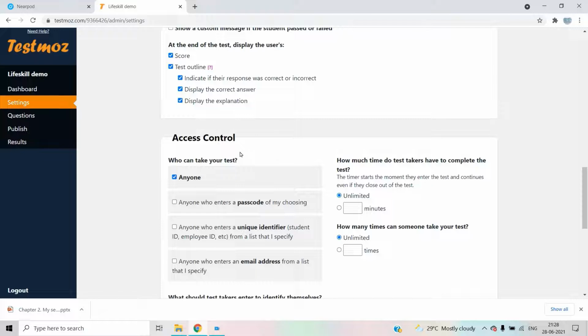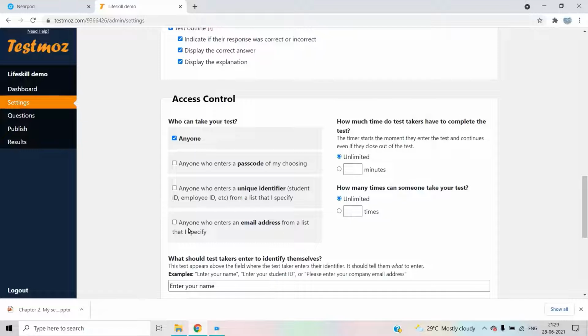So next, access control. Anyone can access, who can take your test. Anyone can take test, or else anyone who enters a passcode of my choice, anyone who enters a unique identifier like student ID, employee ID, like that. You can click on select anyone who enters an email ID from a list that is specified.